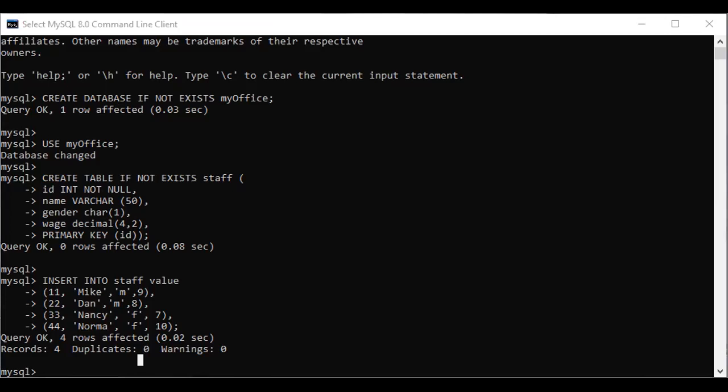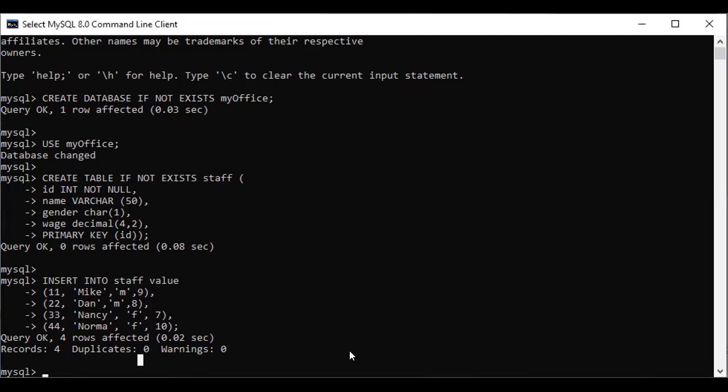Mainly, there are two types of stored procedure. One is static and another is dynamic. Static means there is no parameter, no value required, we just run the procedure and we get the value. In dynamic, we can change the value. We have to put the parameter value and the result will be different. Let's start with the static.